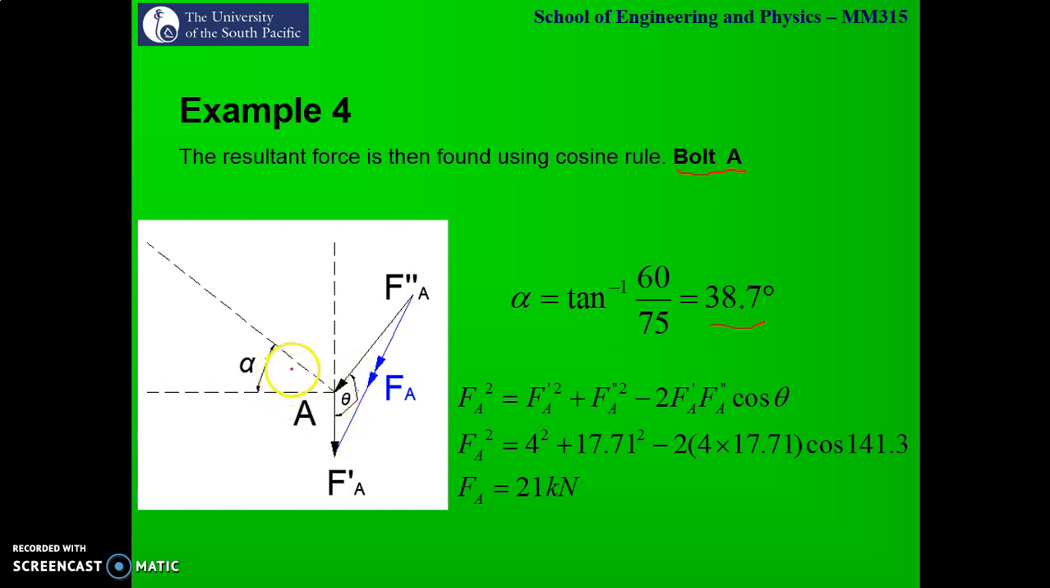So if this is 38.7, and this is 90 degrees, then this is 90 minus 38.7, so it is 51.3. So this becomes again 90, this becomes 38.7. And then eventually you'll find